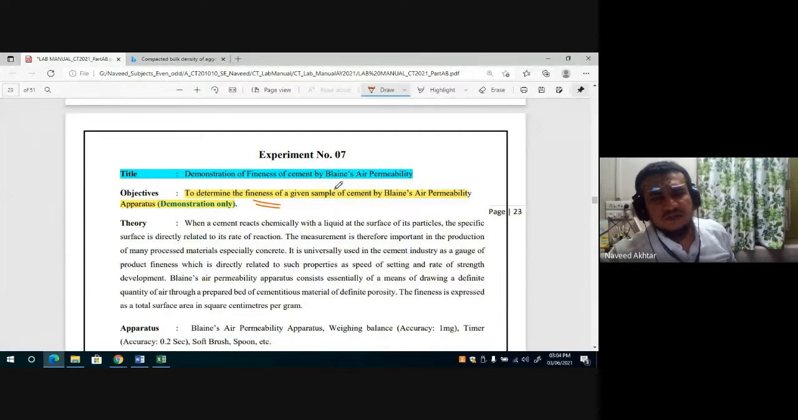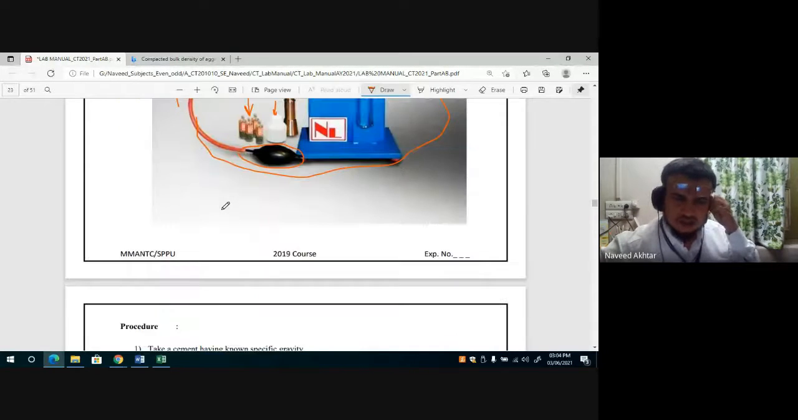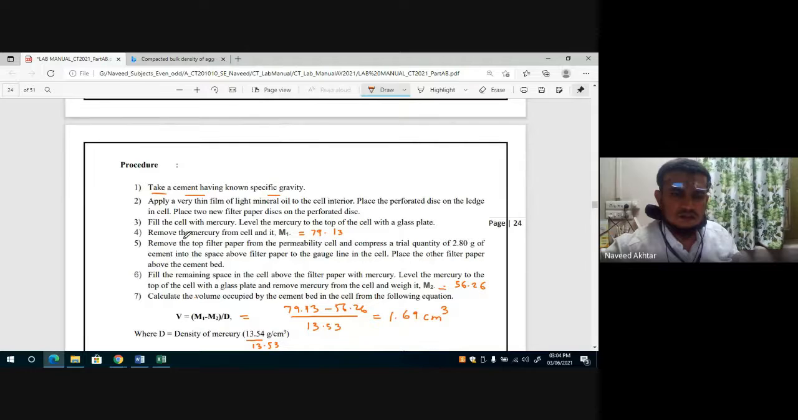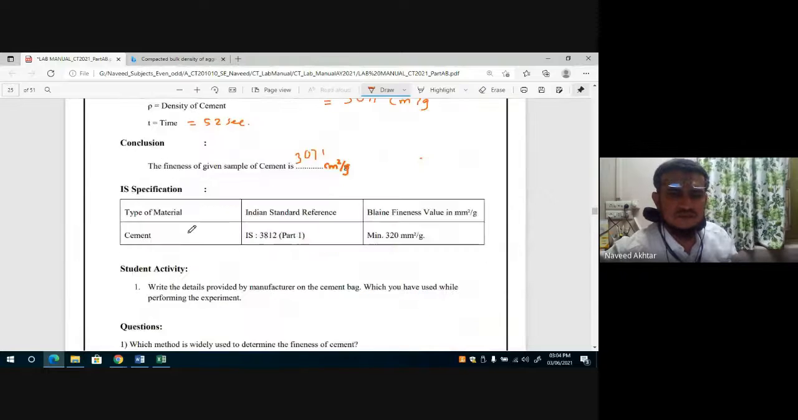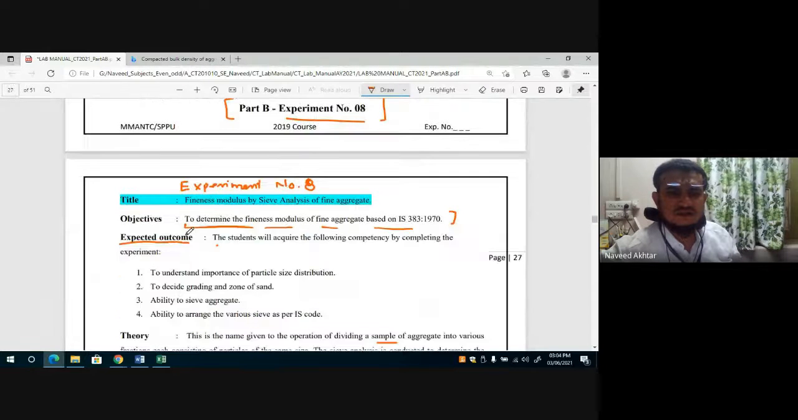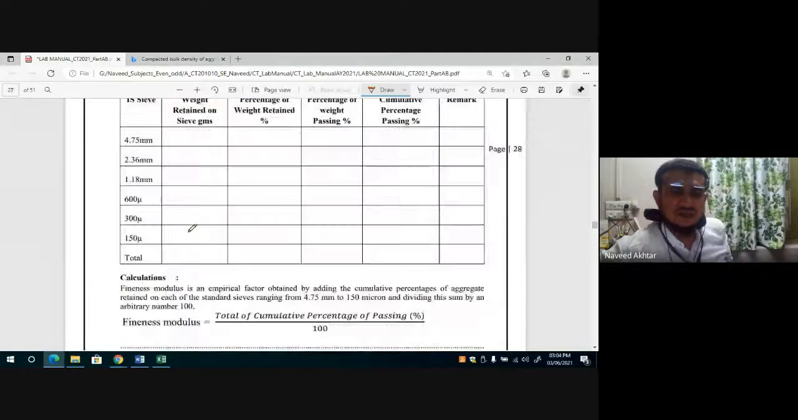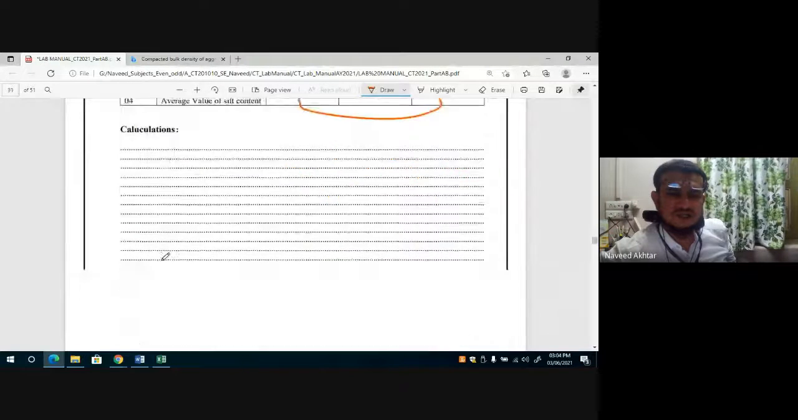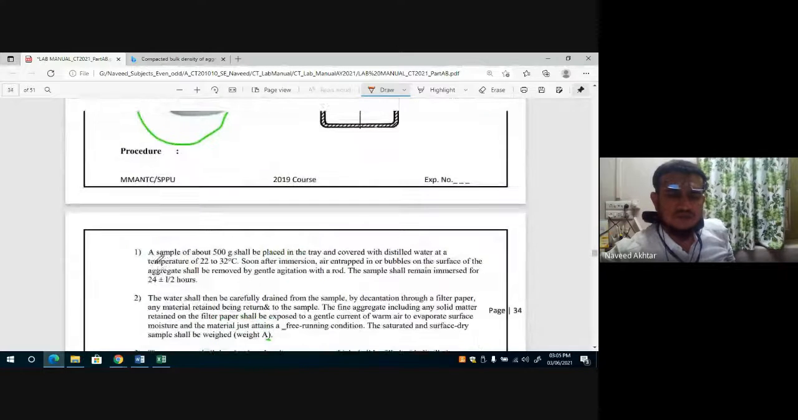Then using the plain air permeability apparatus, how to find the fineness of cement in terms of specific surface area, and then fineness modulus of fine aggregate by sieve analysis, experiment number 8 we have done, and then experiment number 9, silt content, we have done, experiment number 10, that is specific gravity and water absorption of fine aggregate